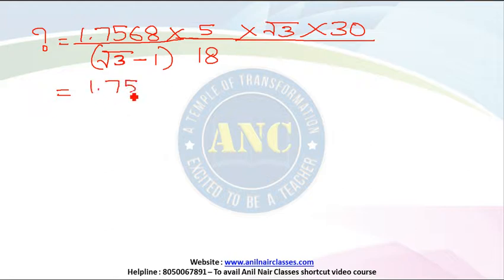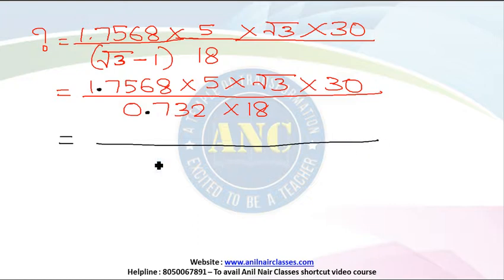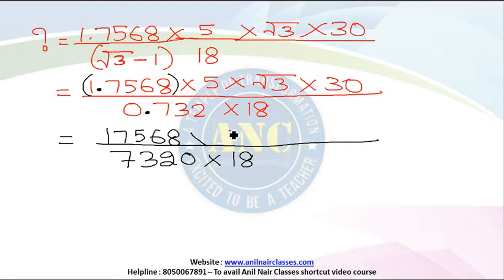So this is 1.7568. I am just writing everything for your understanding. Into 5 into root 3 into 30 divided by 0.732 times of 18. Now why did I write that 0.732? Because this decimal I want to eliminate. That means I should move the decimal after 4 places, multiply by 10 power 4. This also if I multiply by 10 power 4, your denominator becomes 7320 into 18. Numerator, this value if I multiply by 10 power 4, decimal will eliminate, into 5 into root